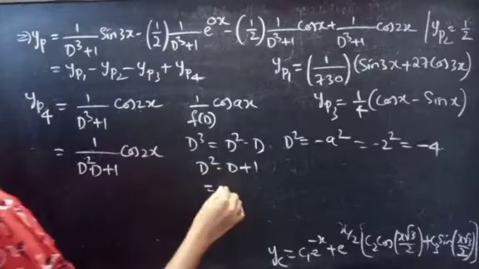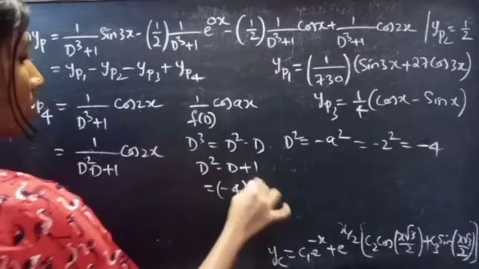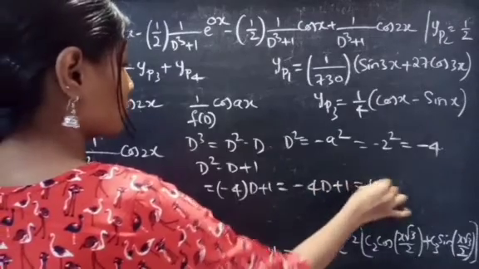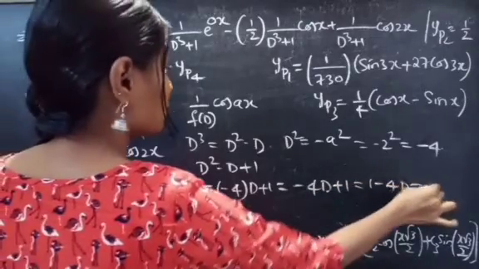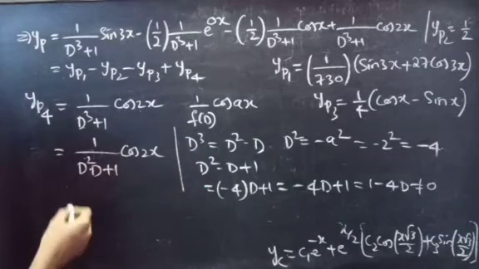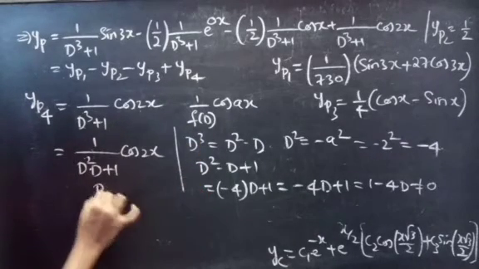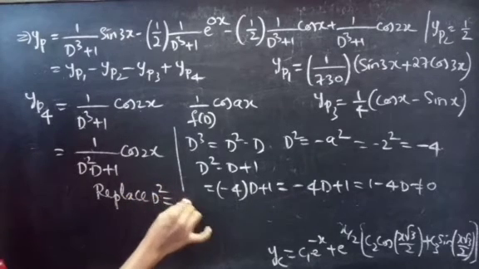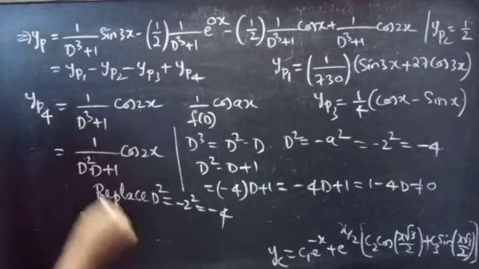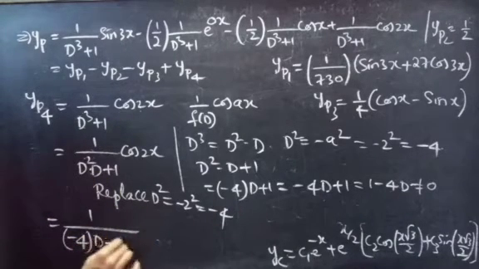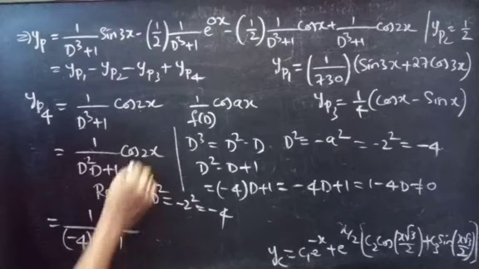So replace d square by minus 4, you'll get minus 4 into d plus 1 equals minus 4d plus 1. You can also write it as 1 minus 4d, which is non-zero. Since the denominator is non-zero by replacing d square by minus 4, we can replace d square by minus 2 square equals minus 4. Then this becomes 1 by minus 4 into d plus 1 into cos 2x,